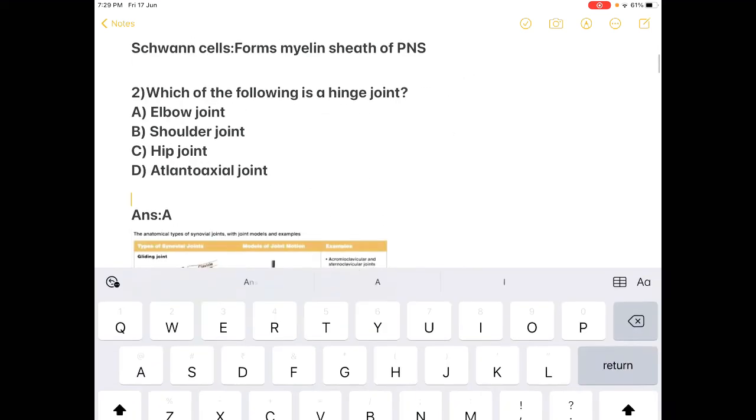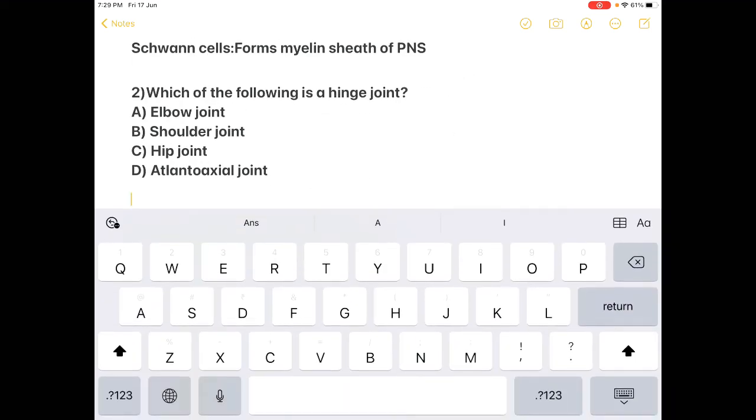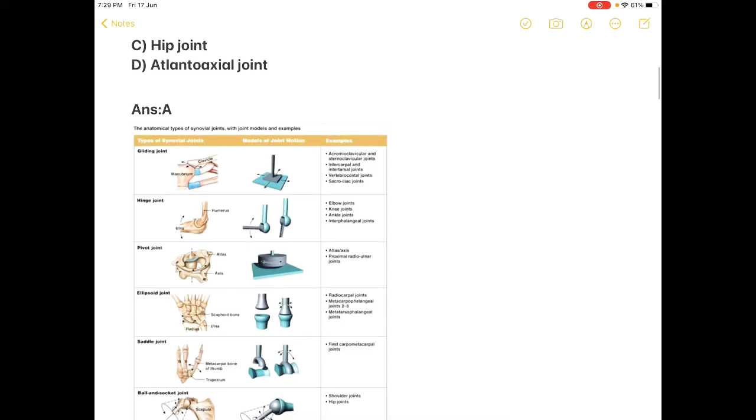Next question. Which of the following is a hinge joint? Option A, elbow joint. Option B, shoulder joint. Option C, hip joint. Option D, atlantoaxial joint. The correct answer here is A, elbow joint. The elbow joint and the knee joint are hinge joints, whereas the shoulder and hip joints are, we'll discuss in this image,